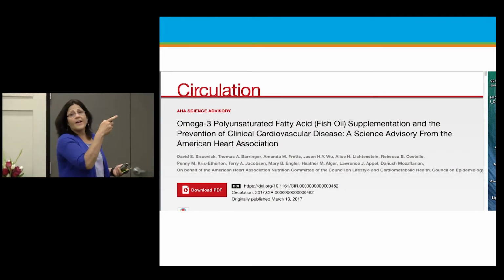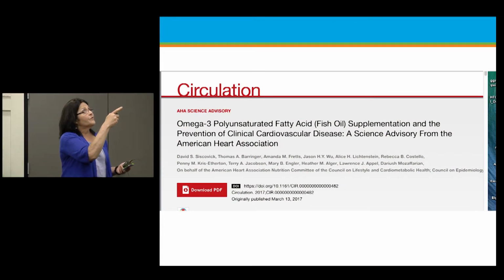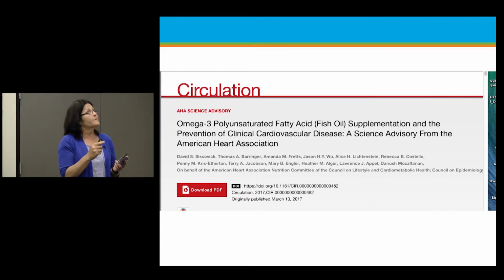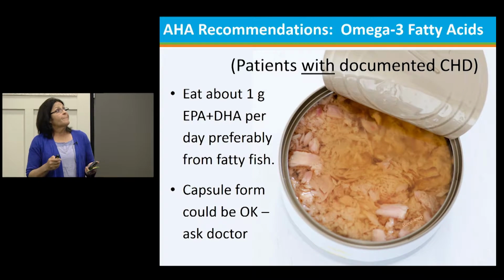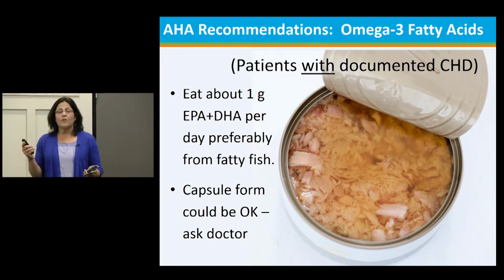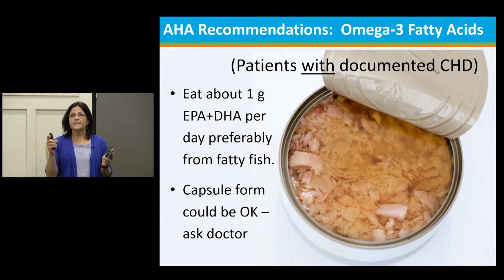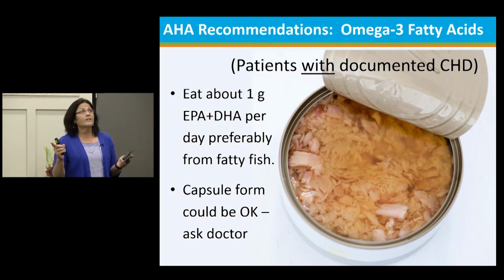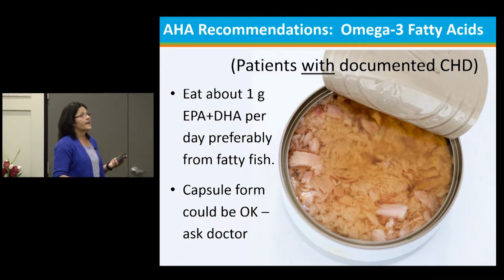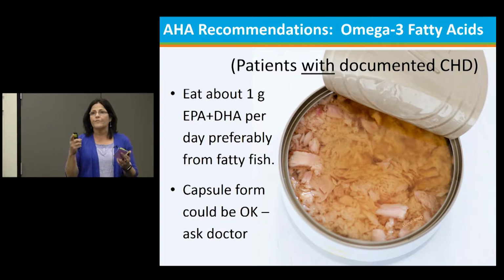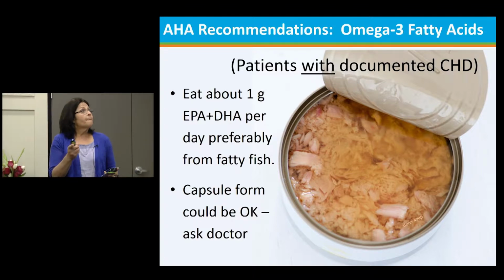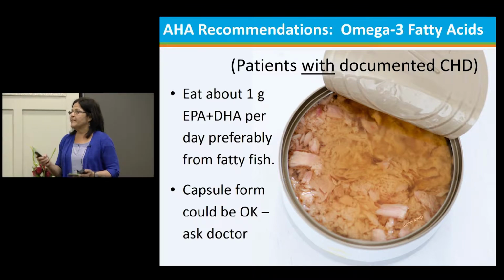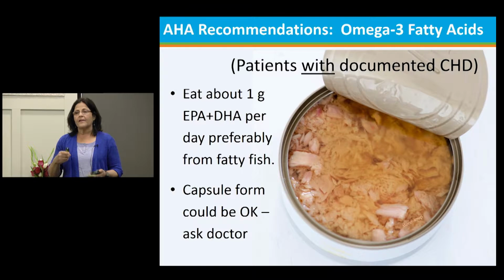This is just so you had a reference that you can go back to if you want, but this talks about fish oil supplementation and cardiovascular disease. And what is also with the American Heart Association is if somebody does have documented heart disease, to eat about 1 gram, so a little bit more of the EPA and DHA, again, preferably from your food, from fatty fish, salmon, for example. Capsule form's okay, but you need to talk to a physician about that,